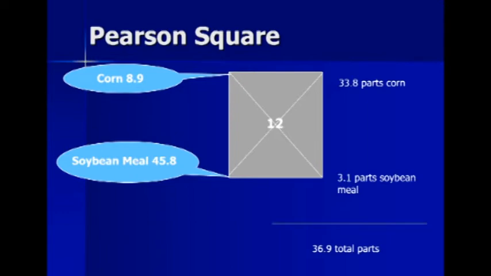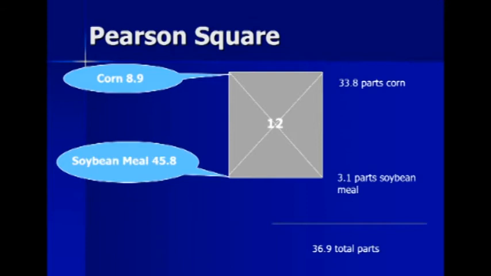So keep in mind, percent means out of 100. So if you go to analyze a sample of this, you will not get a value of 12%. Like if you take a sample of 10 gram from this and you analyze it, that will not have 12% protein because this is not converted into total parts. So this will make a difficult situation when you refer to a farmer, use this amount of soybean meal, this amount of corn, that will give you 12% protein.